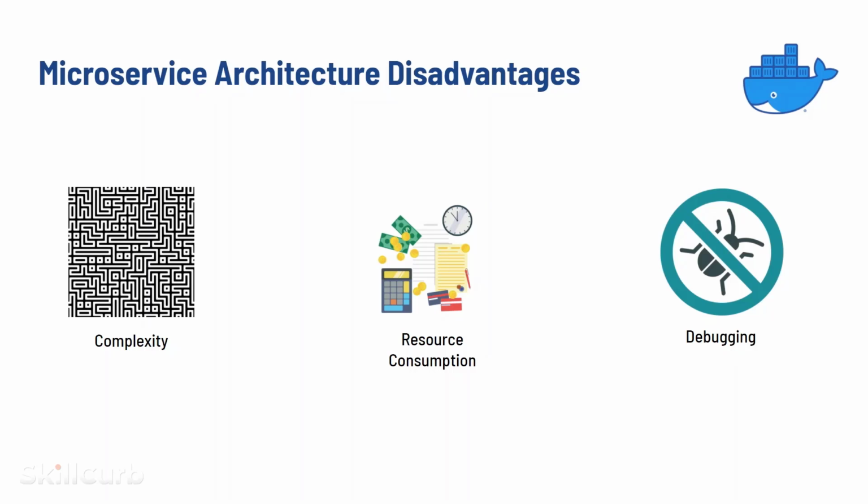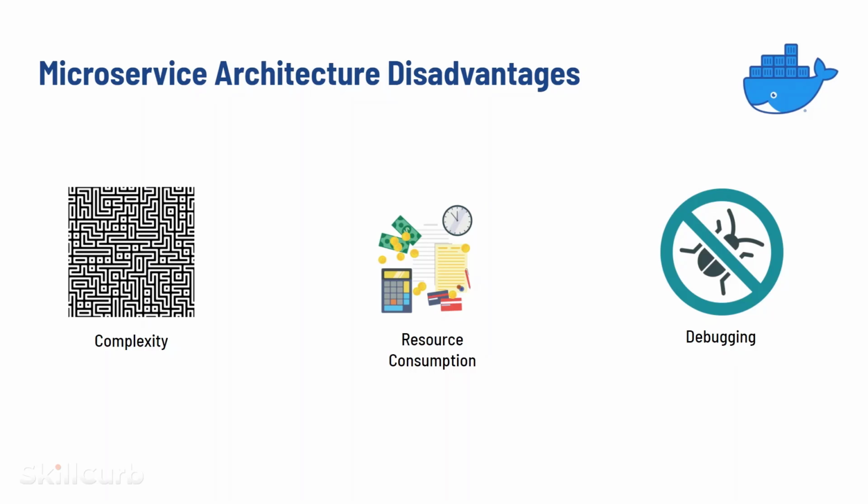When you have so many different parts, it gets very hard to manage, orchestrate, and network them together. The second disadvantage is the increased resource consumption when running a microservice architecture. Because there are so many different parts, the application eats up way more resources than it would normally do with